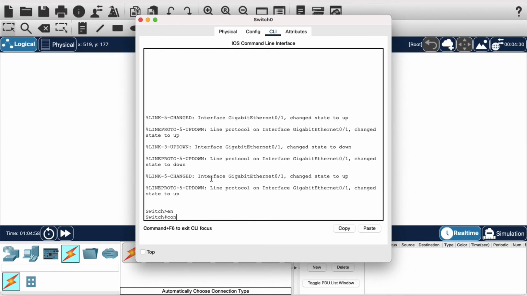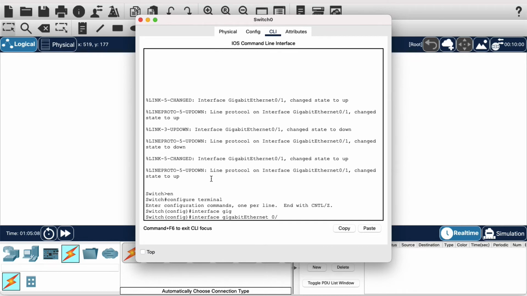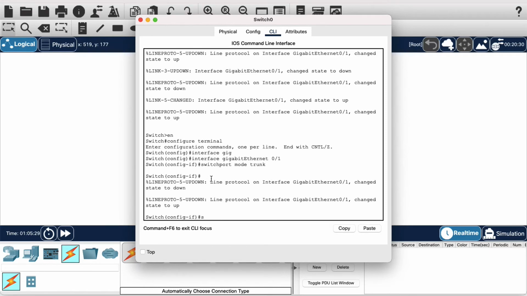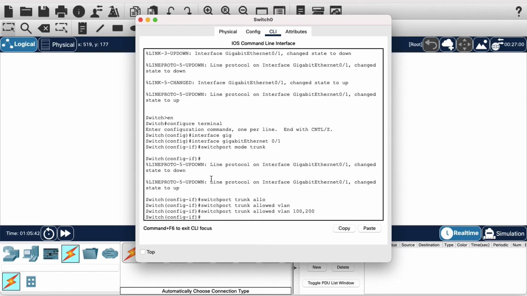So let's enter the configure mode now and interface gigabit Ethernet 0/1, and in this we are going to define the switchport mode trunk. We are going to define that this switch is going to act as a trunk. The next thing that we want to do is say switchport trunk allowed vlan, and here we can allow VLANs 100 and 200 to pass between both the switches. So now essentially what we have done is we are passing VLAN 100 and VLAN 200 as tagged traffic